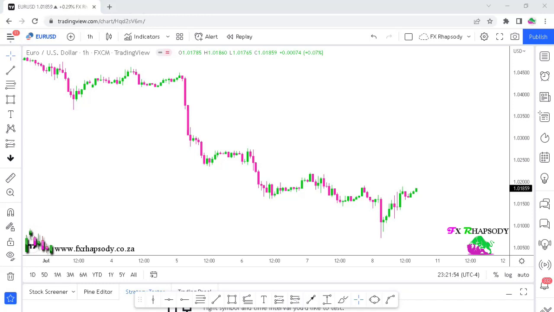Today we're going to be doing analysis on two currency pairs again. It's going to be the Euro USD dollar and then also the British pound US dollar. What we're going to do is a top-down analysis, and we're going to be using the COT